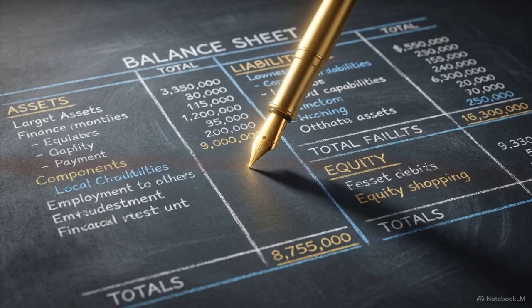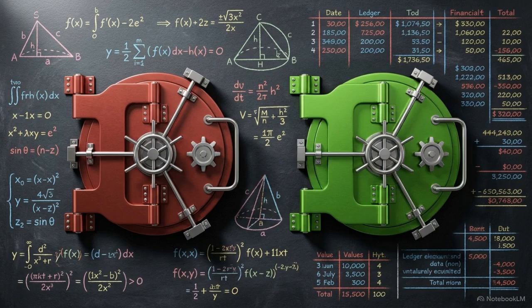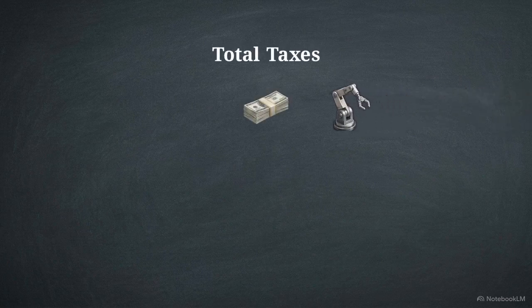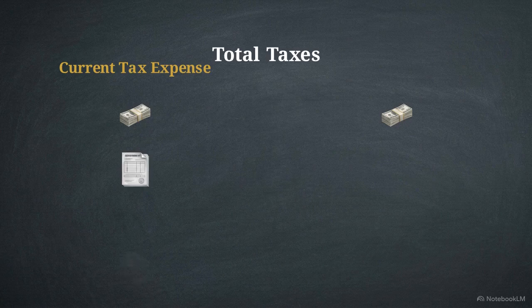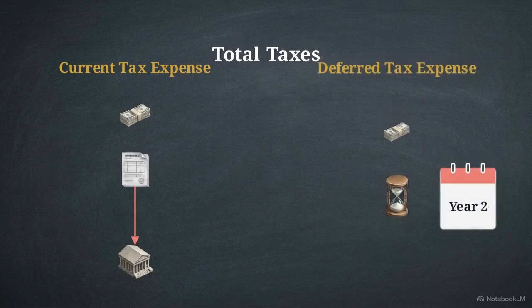To make this timing adjustment work on the balance sheet, accountants use two specific items: deferred tax liabilities, or DTLs, and deferred tax assets, known as DTAs. This means we have to separate our taxes into two components. First, there is the current tax expense, the cold, hard cash actually payable to the IRS this year based on the tax code. Second, there is the deferred tax expense, which calculates the expected future tax consequences of the actions